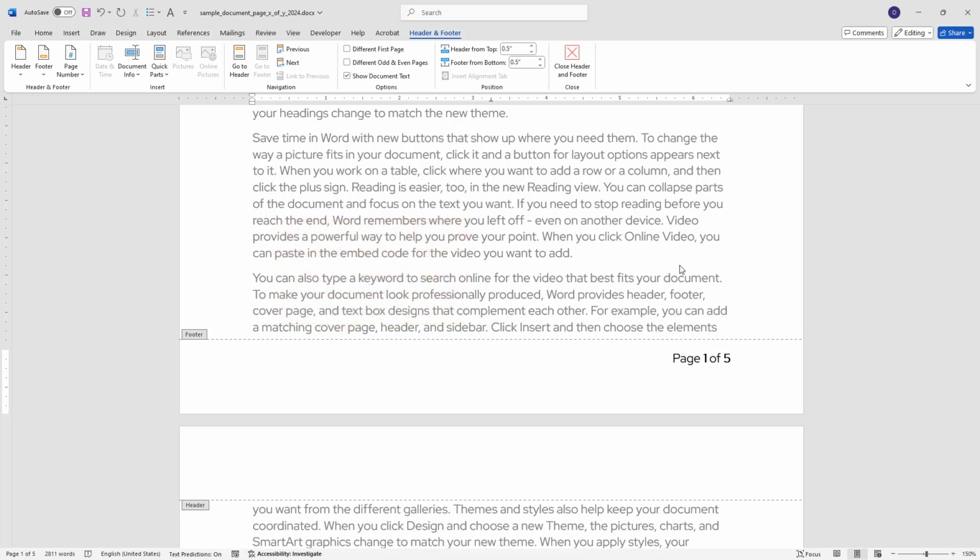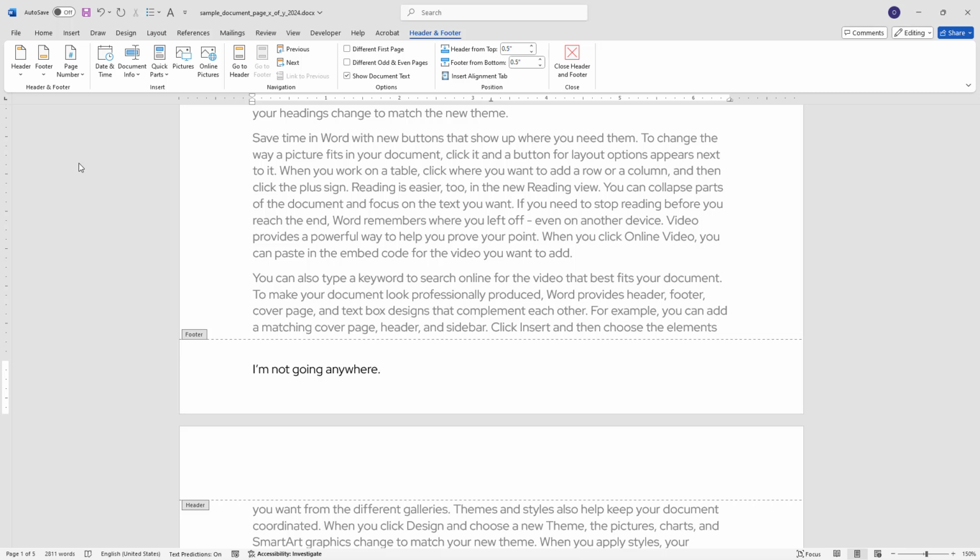Now, let's explore the second option, called Field. First, we need to remove the existing page number. With the footer area selected, click on Page Number and choose Remove Page Numbers from the drop-down menu. Next, return to the footer area. In my case, I will paste a pre-copied text that says, I'm not going anywhere.